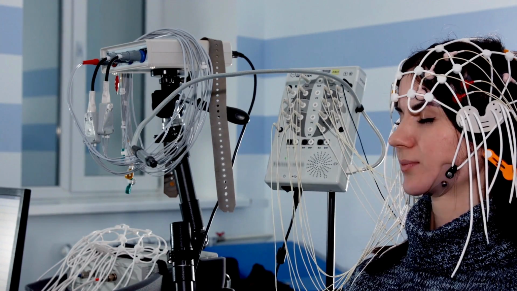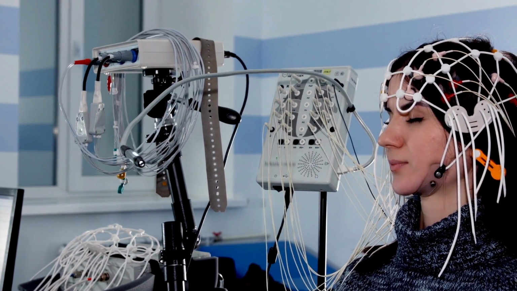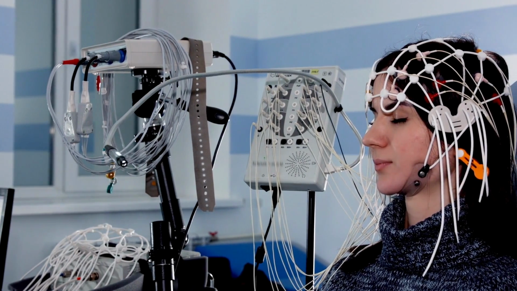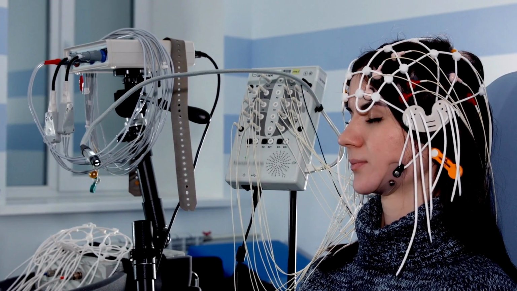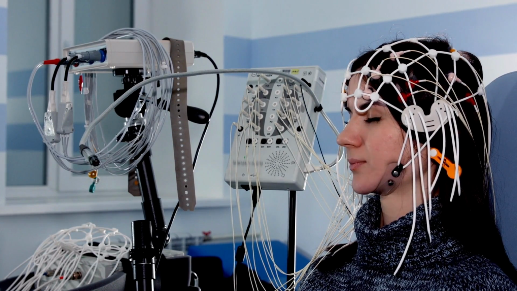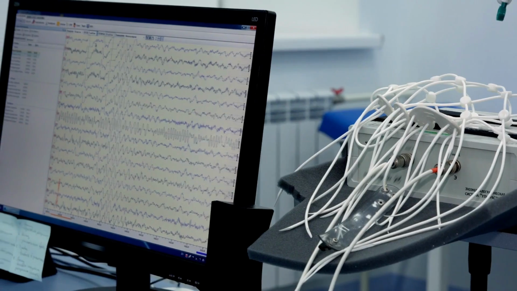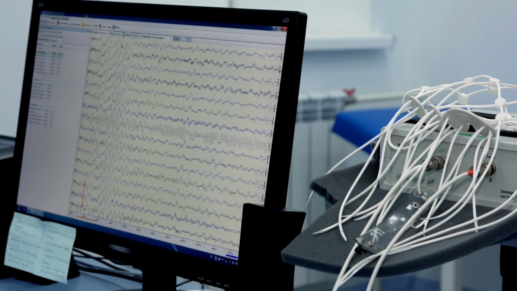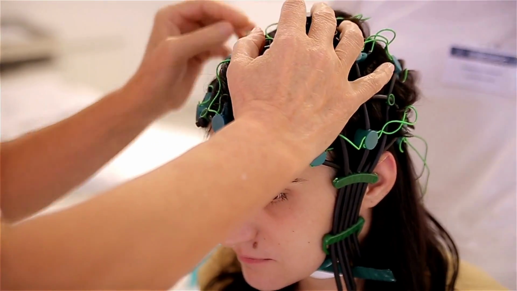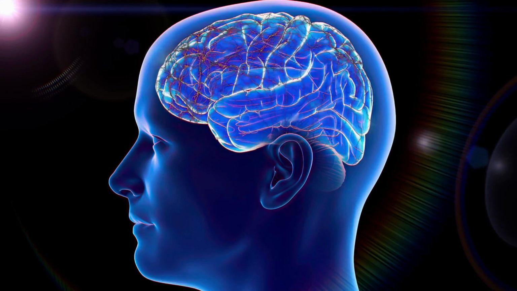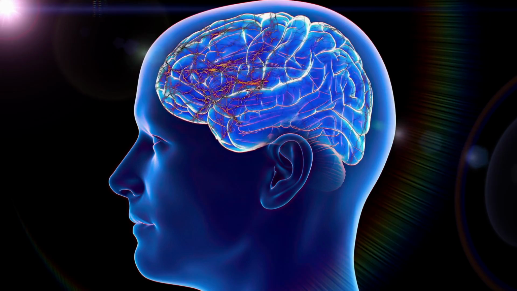Okay, so QEEG. This is getting an EEG, eyes open, eyes closed. We send it into a database, and we can then compare someone's brainwaves to the statistical norm and see what is outside the norm and if that correlates with their symptoms. So if someone has ADHD, the theta to beta ratio is off more than 2 standard deviations. Theta to beta ratio training was likely going to help that person with their ADHD.